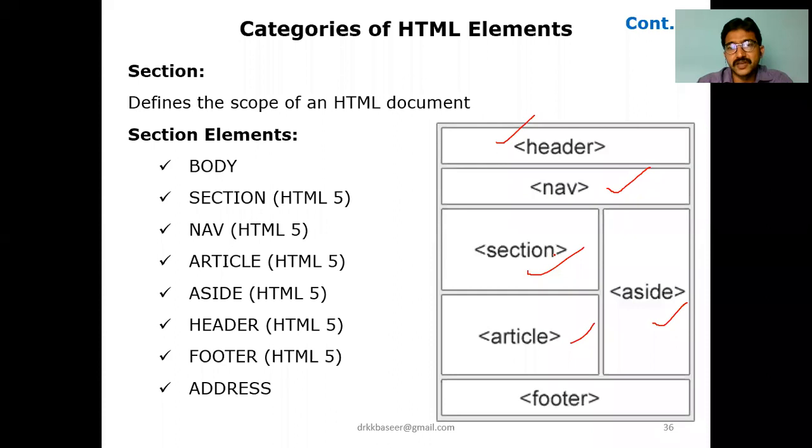If you see the figure carefully, we have already discussed the header part. Now let me see the section part, how the sections can be done. The list of sub-elements under the section category, or body. Section is new in HTML5. It's not there in HTML4. In the brackets, whatever I'm mentioning indicates it is not there in HTML4. It is there in HTML5.